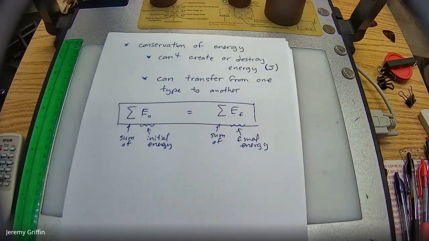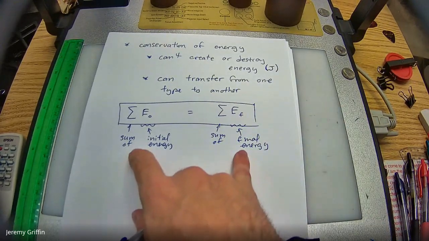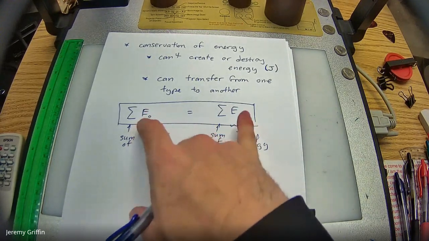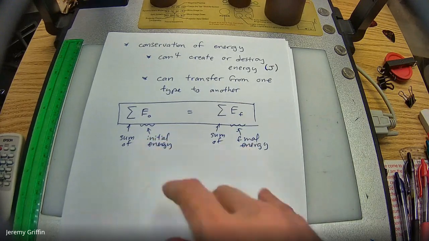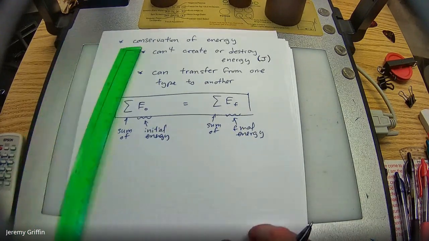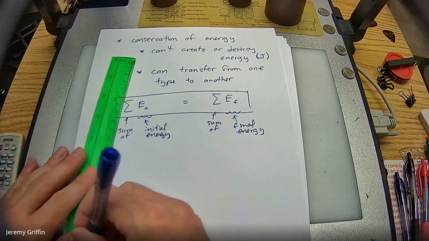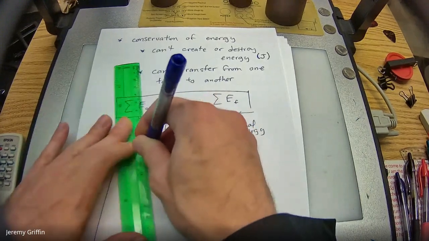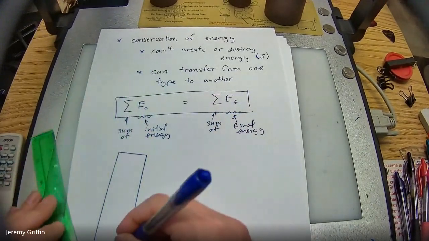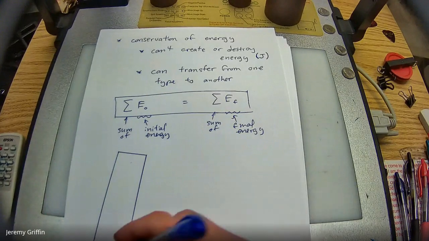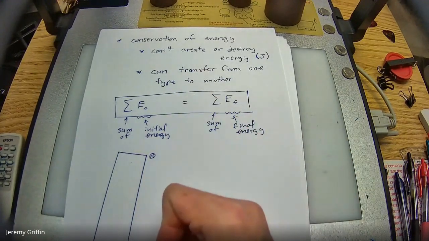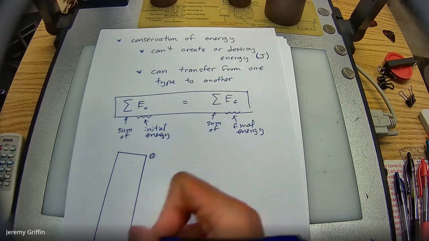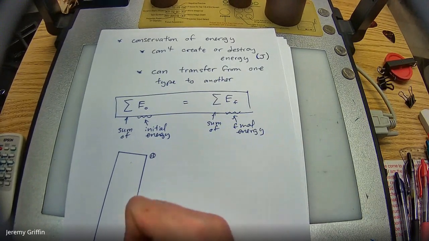You guys are maybe kind of familiar with a process like this anyway, because back when we were doing kinematic stuff, we were always going from some initial point to some final point, some point A to some point B, the top of the tower to the bottom of the tower. So that part is still intact. Actually, let's tackle that example right now. So let's go to Galileo's Leaning Tower of Pisa, and Galileo's dropping stuff off. And maybe we want to know, how fast is this stuff crash landing?